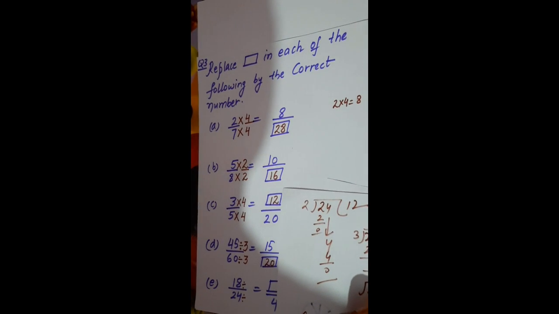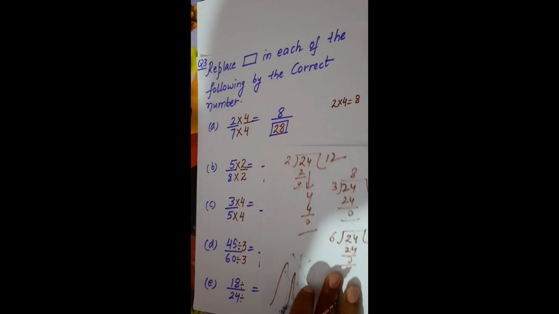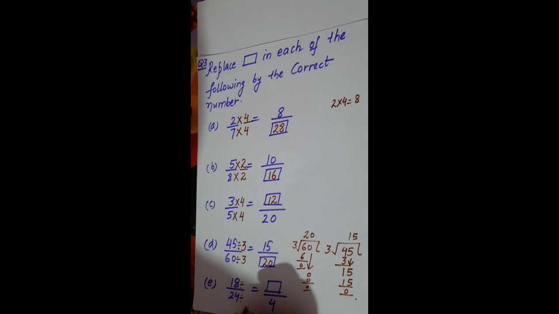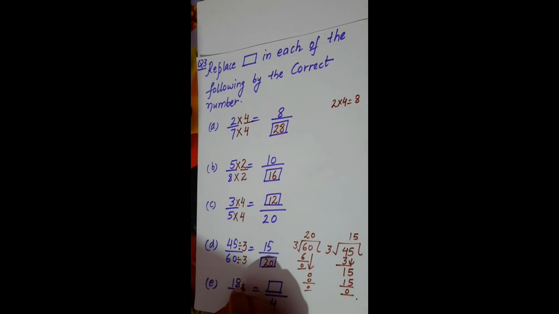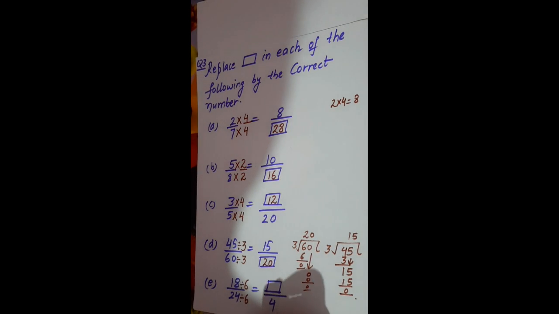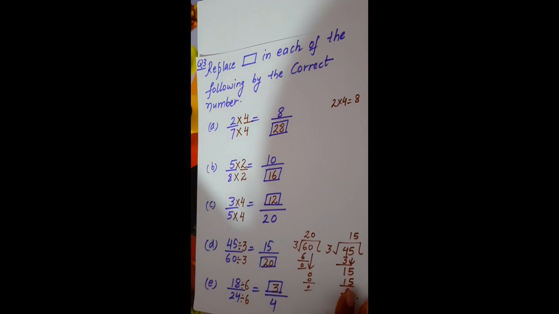Similarly, you will find when you divide 24 by 6, 6 4s are 24. When you divide this 24 by 6, you will get 4. So here I will write 6. So 18 divided by 6, 24 divided by 6, you will get 4. And 18 divided by 6, you will get 3. So this is your